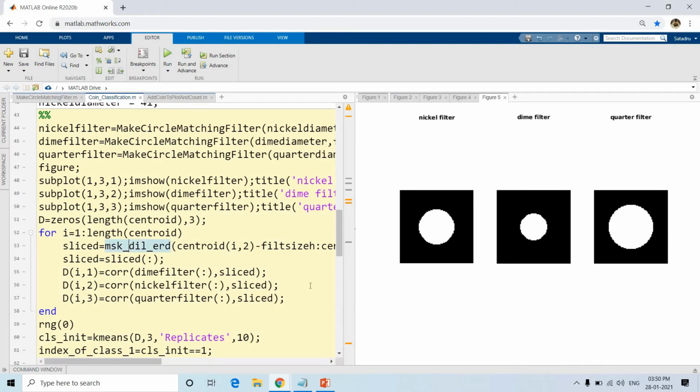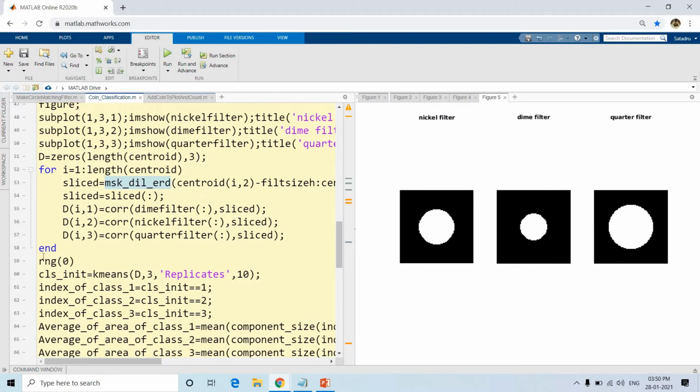Okay, so here I am using RNG 0. Why RNG 0? Because suppose you run your code now and you get one result. After 2 or 3 hours you run your code again, and you don't want to get a different result, right? So I am mentioning RNG 0, because in the k-means algorithm, if you recall, whether you are using simple k-means or k-means plus plus, the first point is initialized randomly, right? So to avoid getting different results, I am using RNG 0.